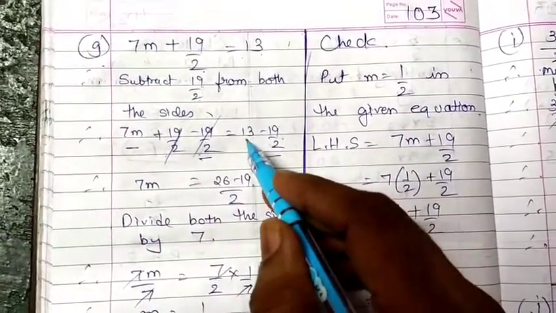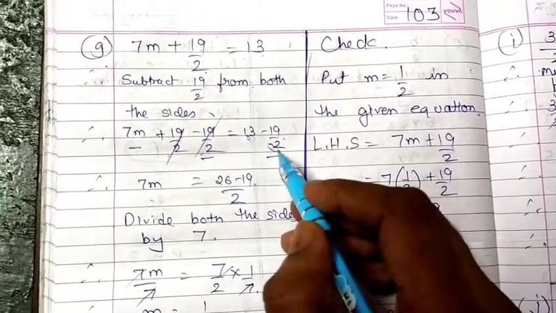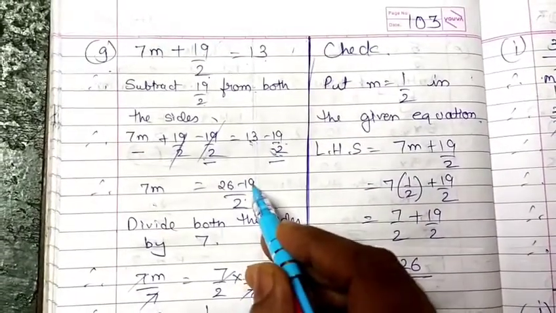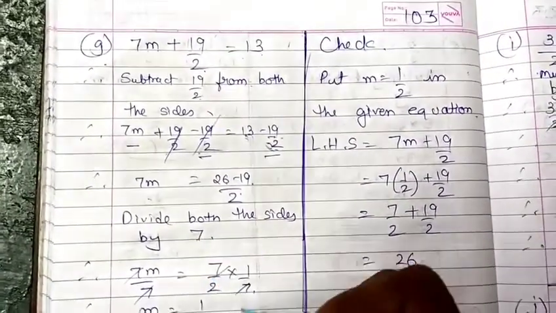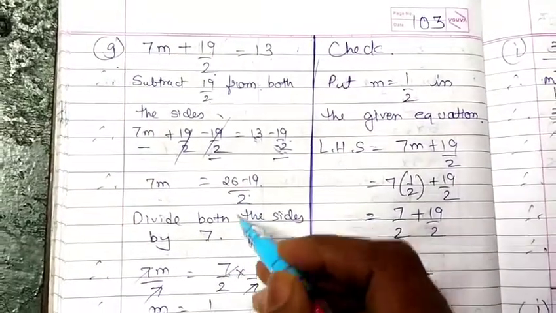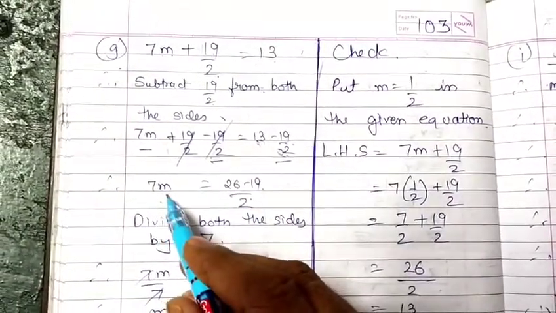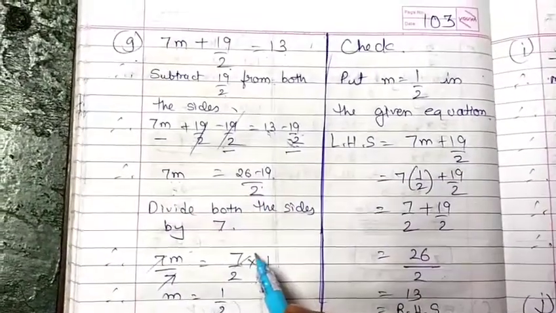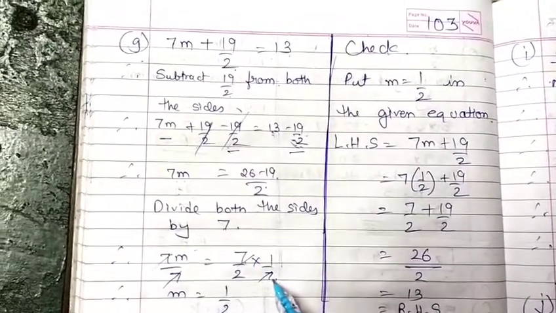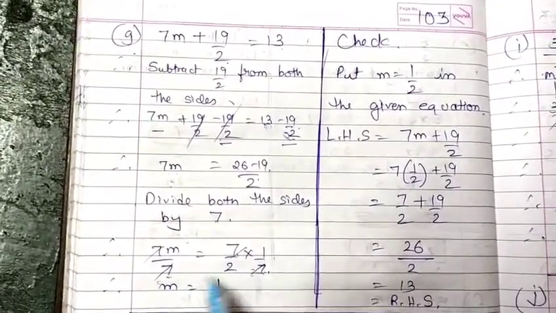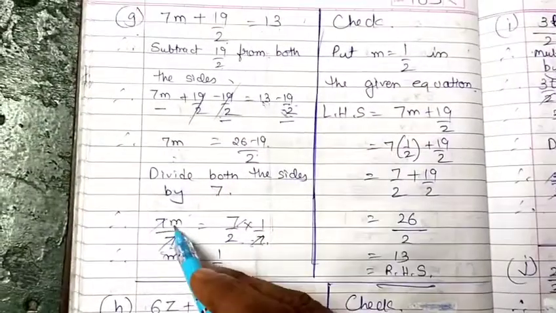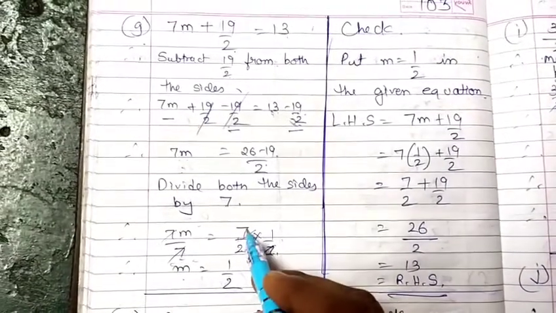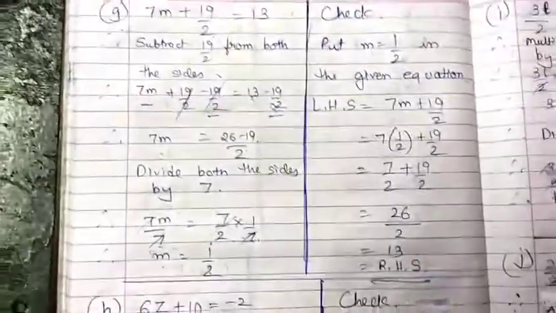Now here you need to find LCM or directly do cross multiplication. Cross multiplication means 13 2s are 26 minus 19 upon 2. So 26 minus 19 gives 7, so 7 by 2. Now here to eliminate 7 times m, you have to divide 7m by 7. Same thing, whatever the value toward your right hand side, you have to divide by 7 only. So I had divided both the sides by 7. By doing so, 7 and 7 will get cancelled. So here only m is left, and now here 7 by 2 is left, and when you divide it by 7, 7 and 7 will get cancelled. So what is left? 1 by 2. The value of m I got is 1 by 2.